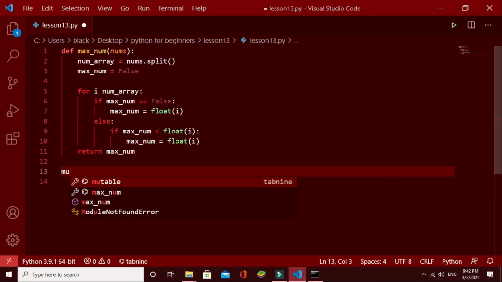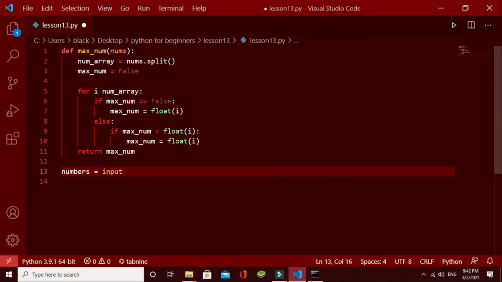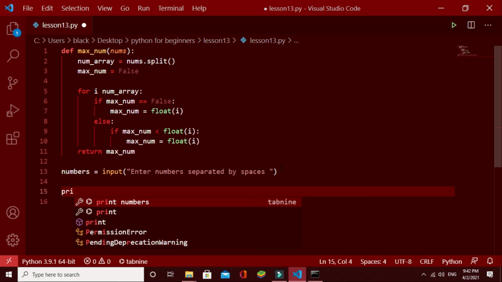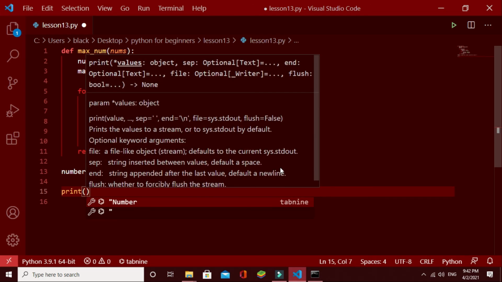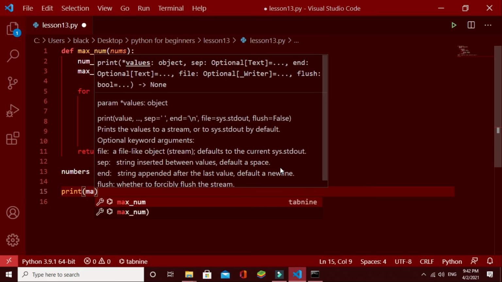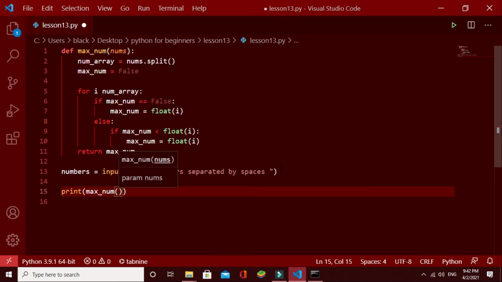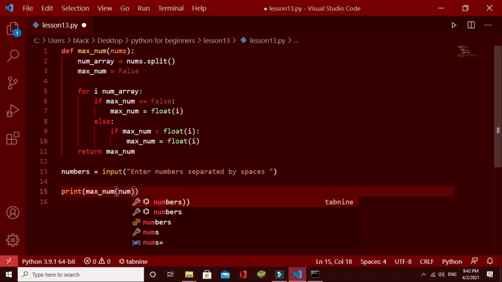Let's say numbers equals input, then we give a message, enter numbers separated by spaces, and after that we are printing out the maximum number, and to this max num function we are giving this input, which is numbers.